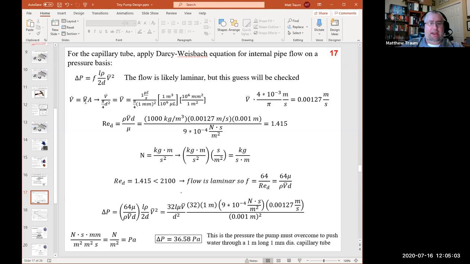So we need a Reynolds number, and to get a Reynolds number, we need an average velocity. So we know the volume flow rate, 1 microliter per minute. Volume flow rate divided by cross-sectional area is the average velocity. So the velocity times the cross-sectional area is the volume flow rate. And so we go through and just reconstruct this to give us a velocity, and we work to a velocity of, it's really low,